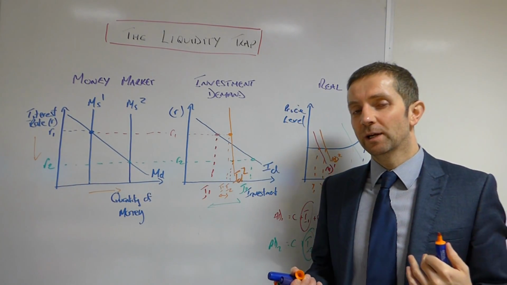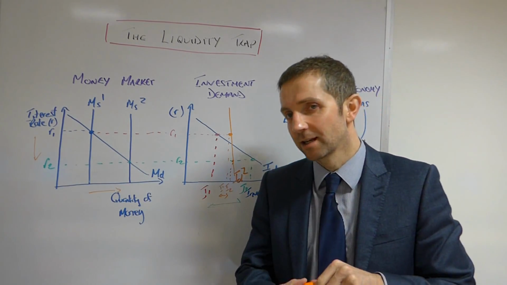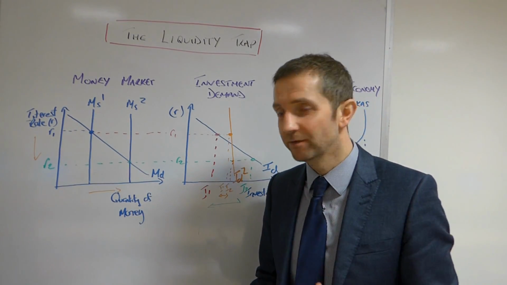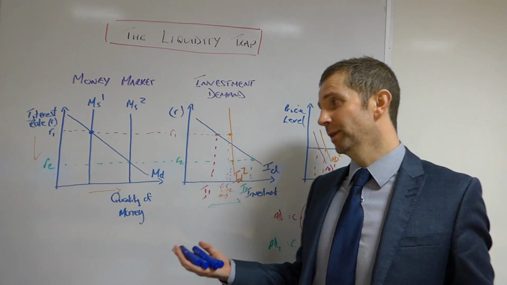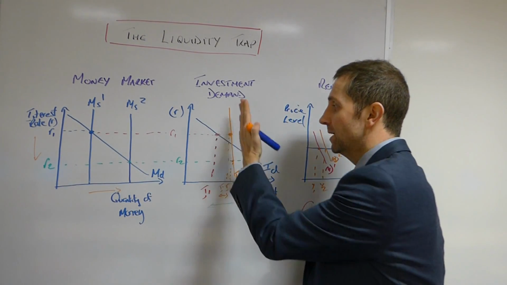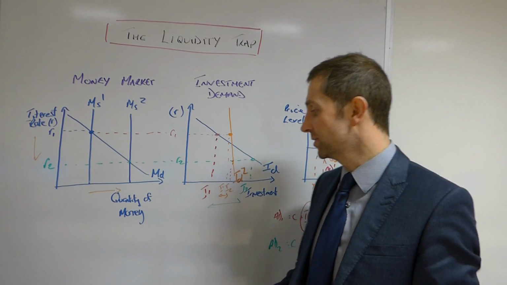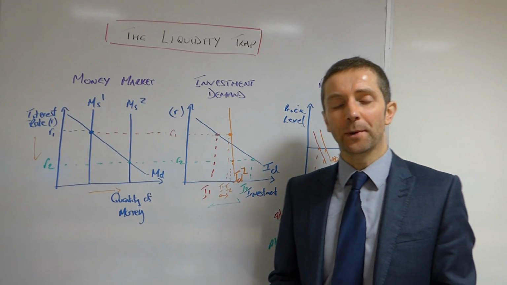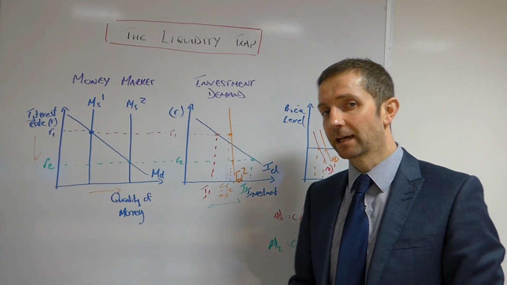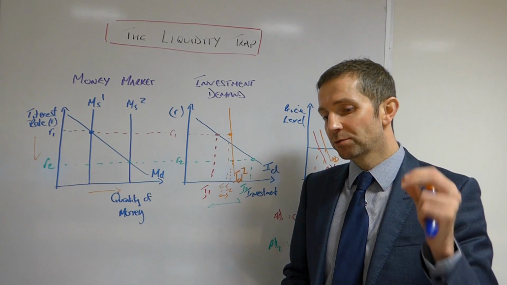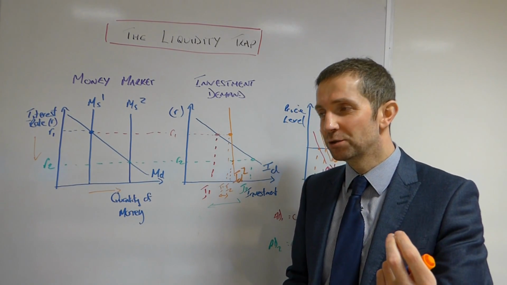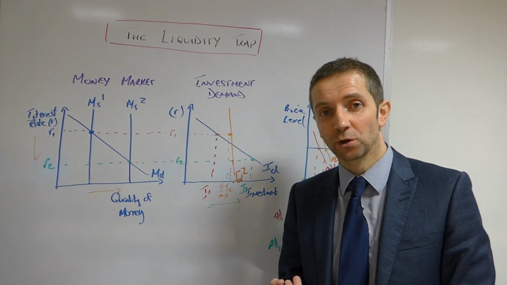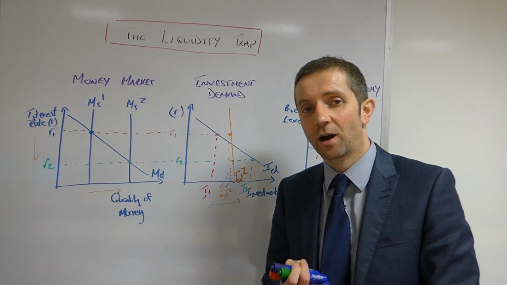So this is what is known, ladies and gentlemen, as the liquidity trap. It means that, particularly in this case, capital investments and firms who make these capital investments, they're not bothered whether the interest rate is 10% or 0%. It makes hardly a jot of difference, and as a consequence the investment demand remains fairly static. Now think about reasons why that might be the case. Why might firms, regardless of the base rate of interest, be unwilling and reluctant to invest? Well, it can be to do obviously with confidence, it can be to do with uncertainty,